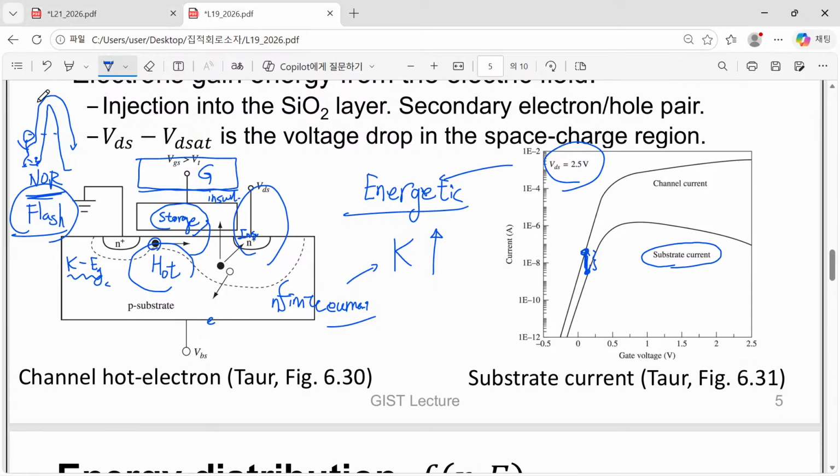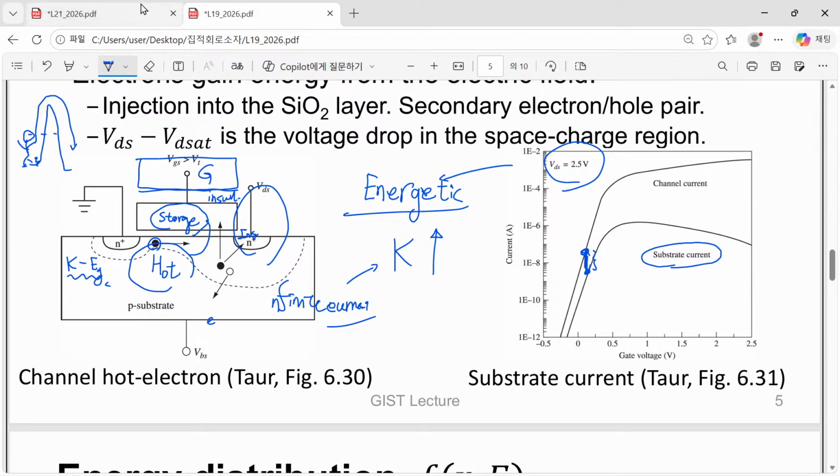So anyway, nowadays NOR flash is not much interested in mass production. Of course, we are mass producing the NAND flash, but if you are interested in, for example, neuromorphic applications these days, then this NOR flash structure is more closely related to the structures suitable for neuromorphic applications, and that means researchers are coming back to this NOR flash structure and trying to make a certain innovation in this device